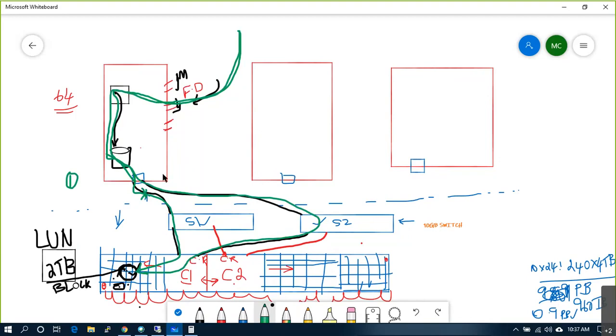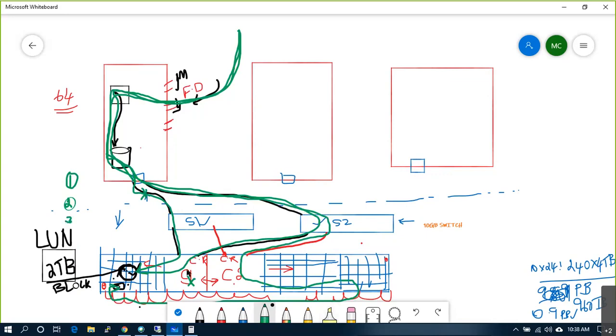In the worst condition, if the controller itself is down, the customer will save the data. It goes here, goes via like this. It will come to controller 2, and there is a cable like this, and it will go via this cable, come and save here, because in the backend it is cabling. Okay, this is 3.